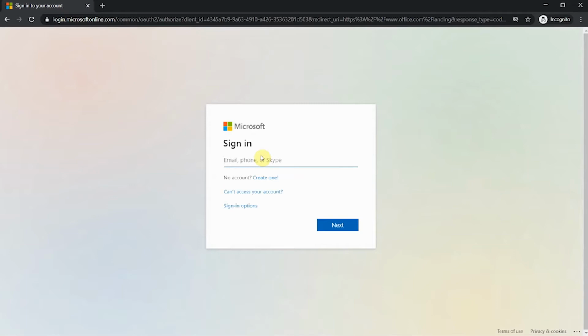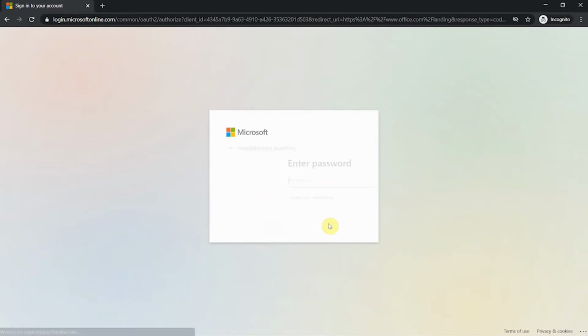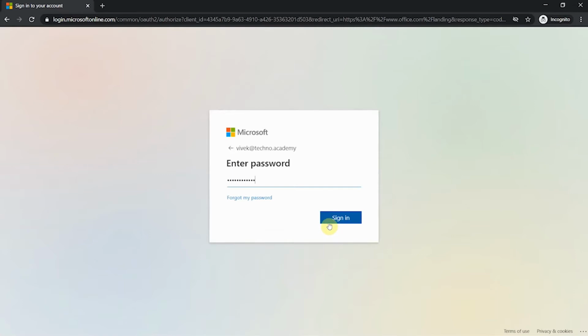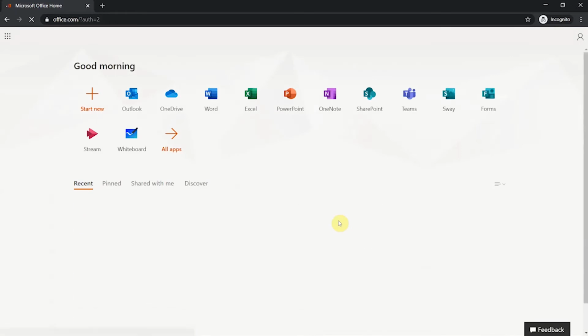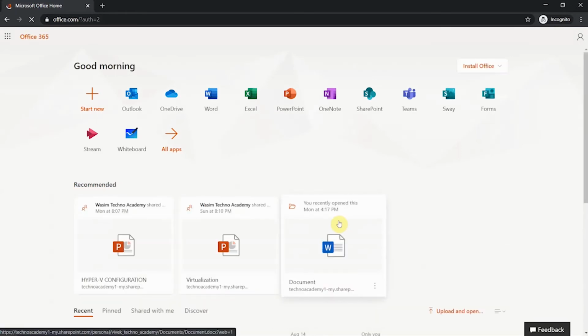Enter your Microsoft ID. I'm just typing mine. After that, just click next, and then enter your password. And click yes. So we have successfully logged in to the